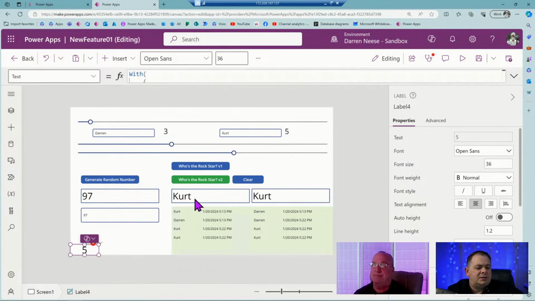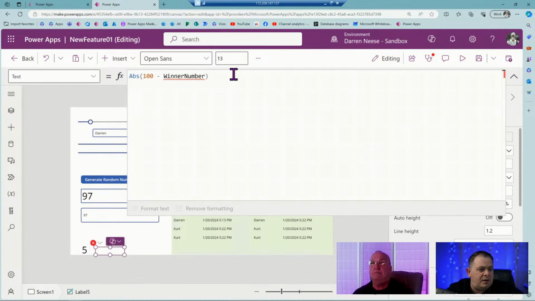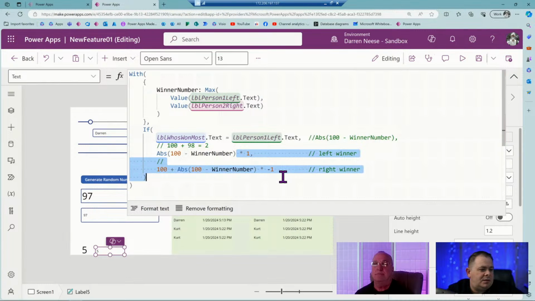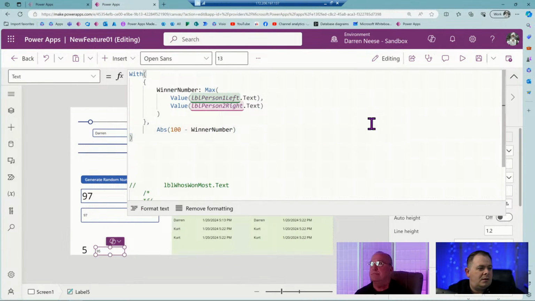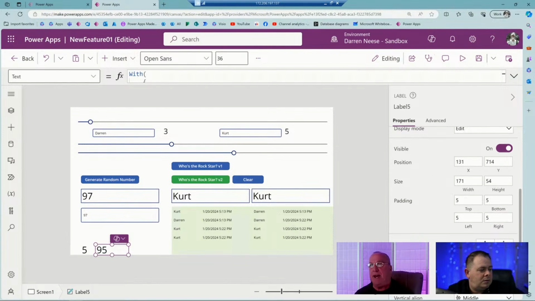Of course, this label doesn't have the with block. So let me do something like this, and I'll go over here, and I'll do that. And then this is all you want to see here. Okay. 95 is what we have. So we're taking 95 and it's saying that Kurt won, so it should be 95. So let's go down to the code. I think I see what we're doing wrong. Let's go back to the code.